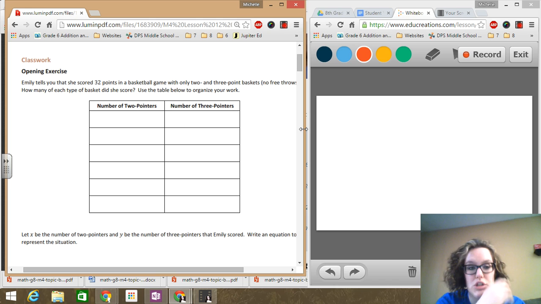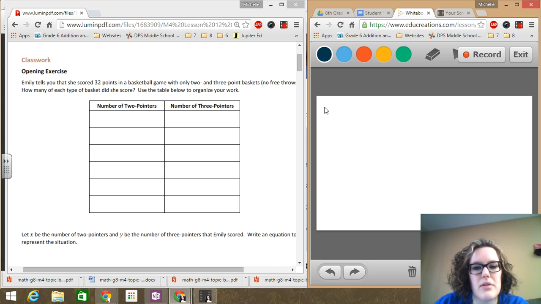Emily tells you that she scored 32 points in a basketball game with only 2 and 3-point baskets, no free throws. How many of each type of basket did she score? Use the table below to organize your work. Now, in this problem, I want you to think, what is one variable we are dealing with? Well, one variable we are dealing with is the